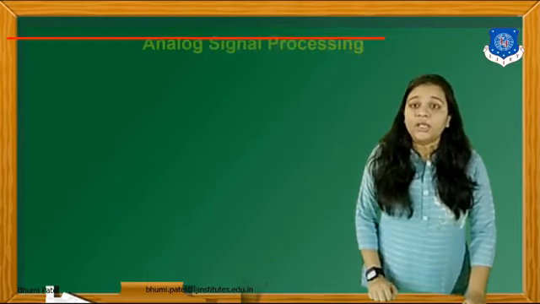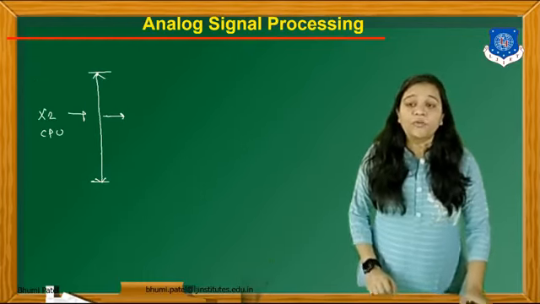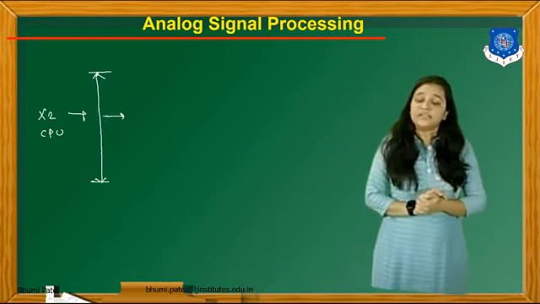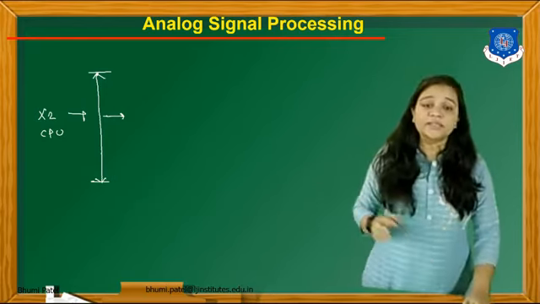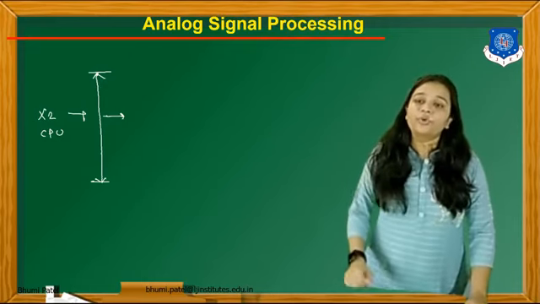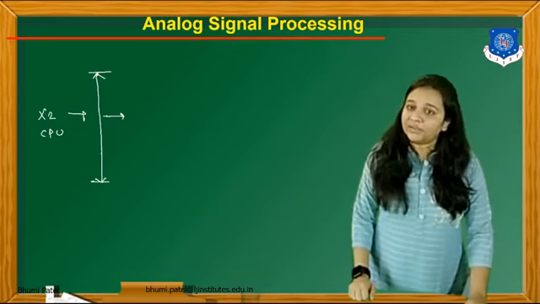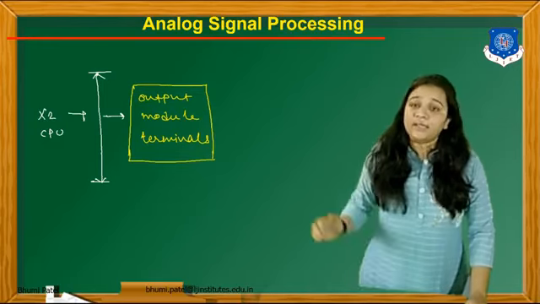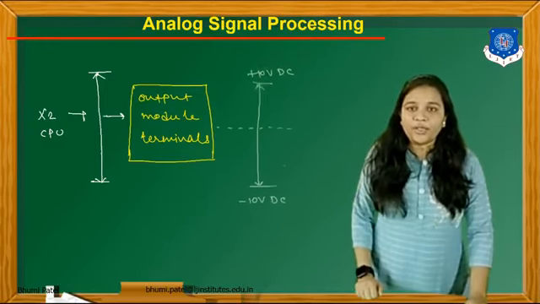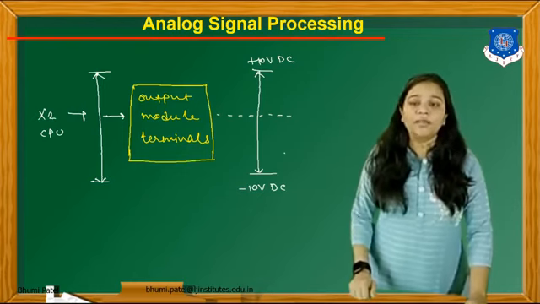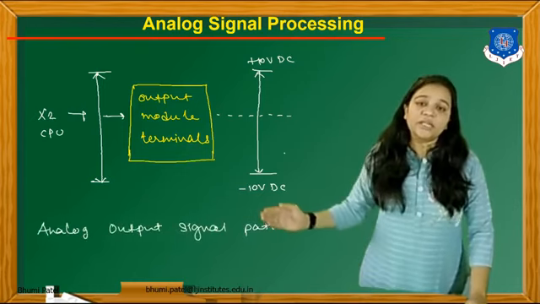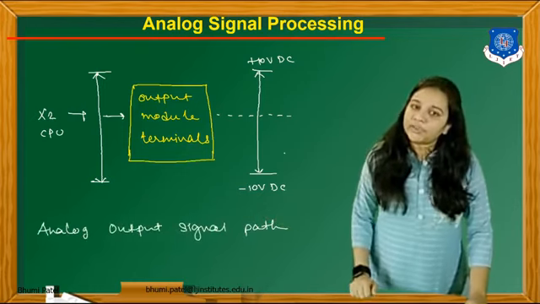And then next, on the output side, whatever value is given in the question, we have to multiply this particular bit value by 2. So we have to multiply with the 2 in the CPU, then it will be given to the output module terminal, and then we have to convert into DC value. Okay, so this is the diagram for the analog output signal path.